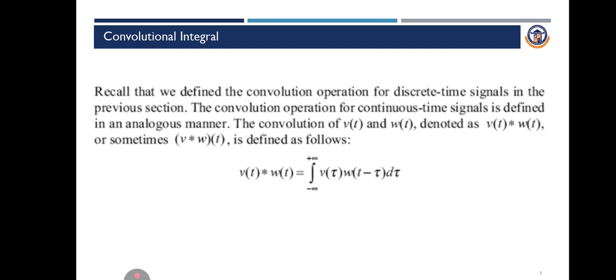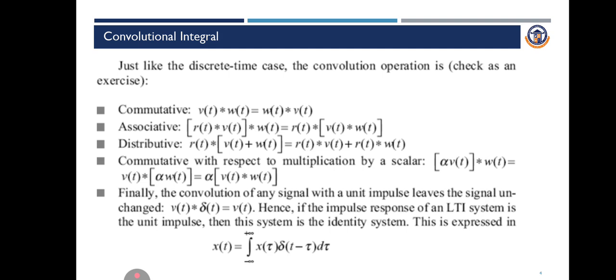Recalling the convolution operation, we have v of t and w of t, the two functions. We can denote it as v of t convolved with w of t, or sometimes v convolved with w of t. So v of t convolved with w of t is equal to the integral from minus infinity to plus infinity of v of tau w of t minus tau d tau. We have different properties for the convolution operation: commutative, associative, and distributive. These laws are combined, and we get